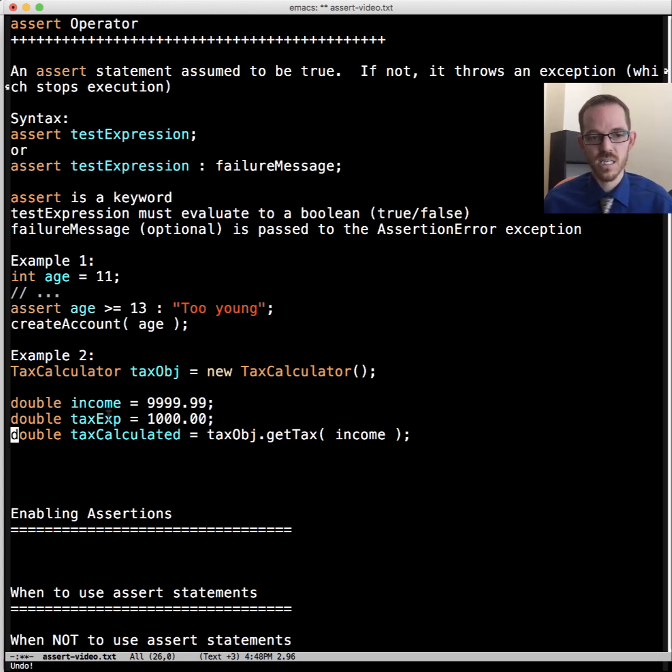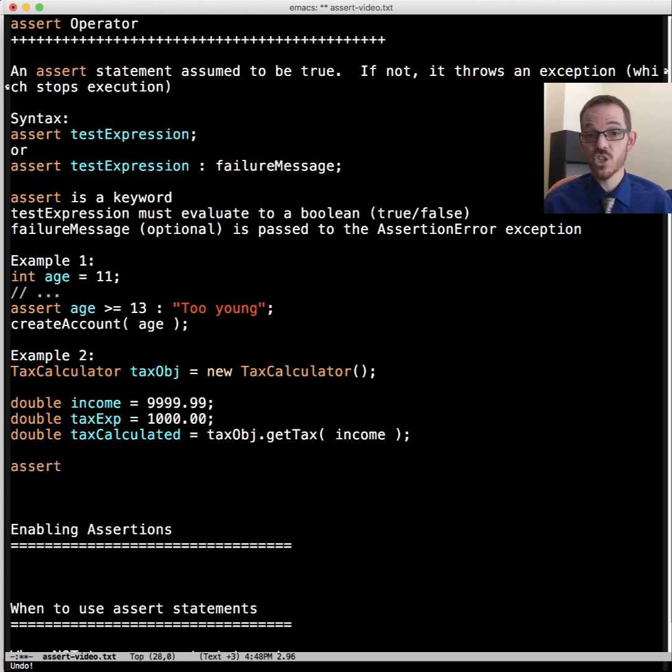So the question is, because we know the answer, we're testing here, is the tax expected going to equal the tax calculated? And we're going to assert that it is, so we're assuming that it is. We're saying the tax calculated equals the tax expected. And let's help it out here. So here's our test expression, okay?